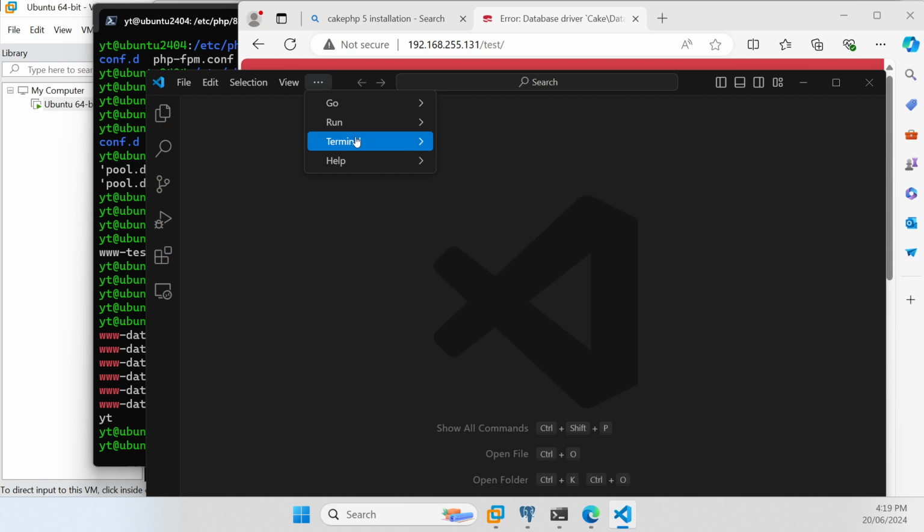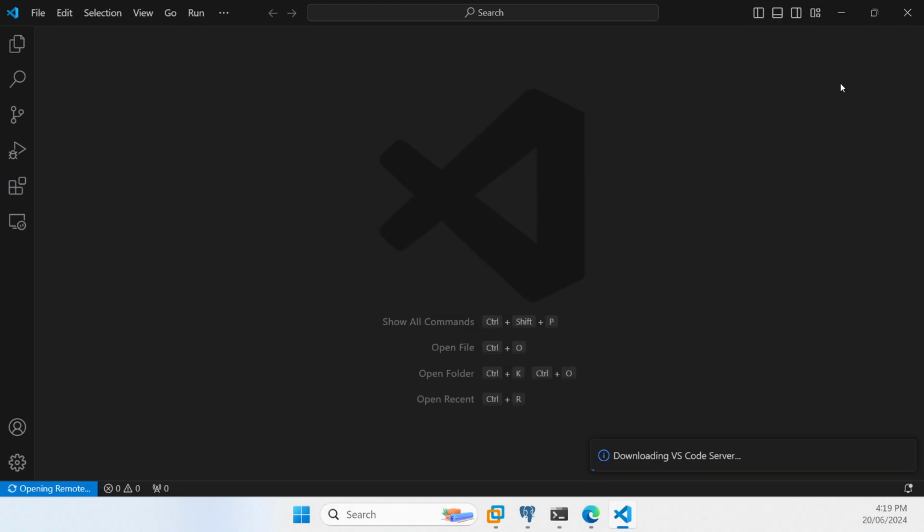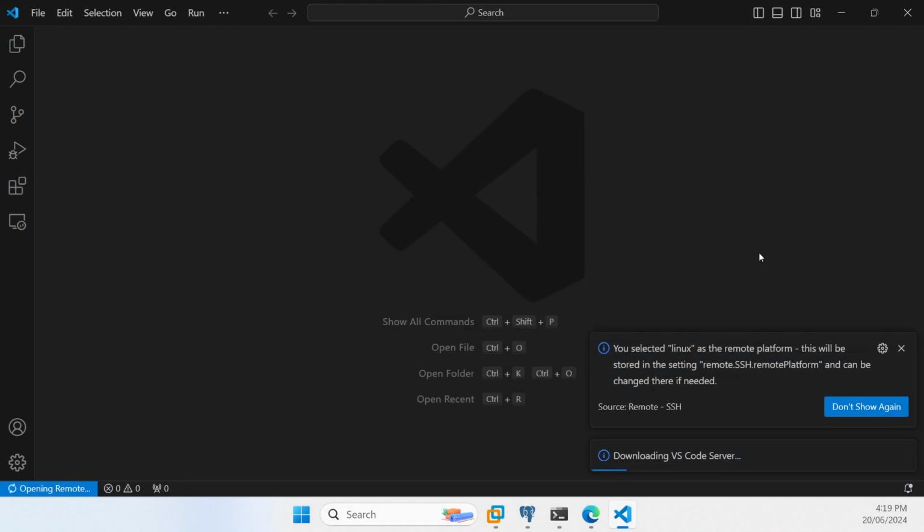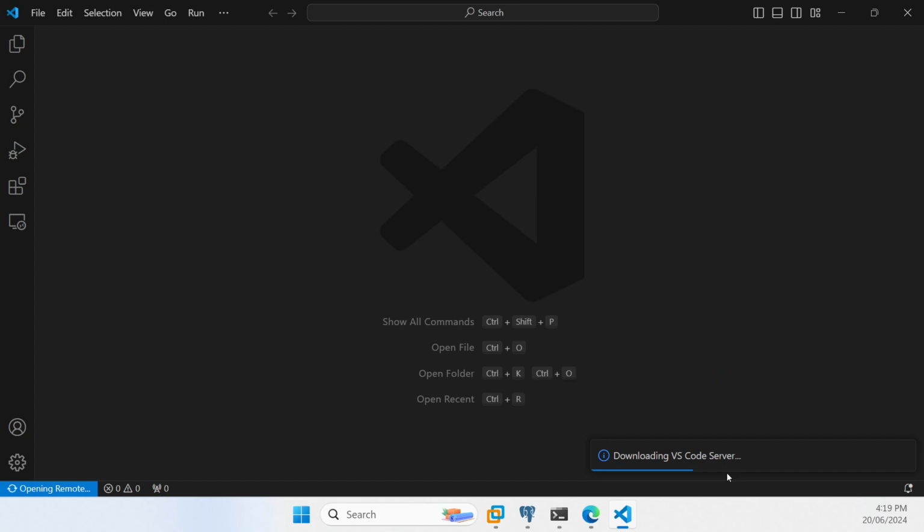Now, interestingly, that's the reason why. So what we need to do now, once we connect, it then installs a server component so that VS Code can talk to the virtual machine and run all its necessary remote processes. So you just have to wait for that to complete. And then once that's done,